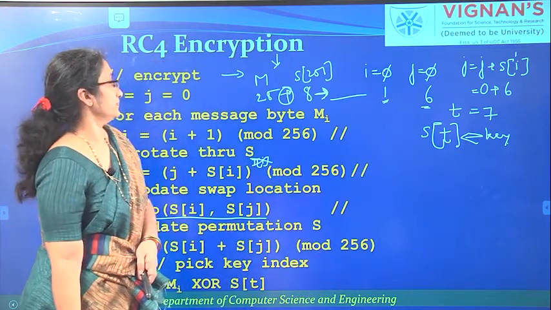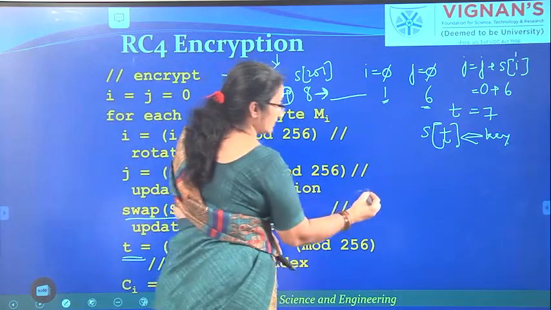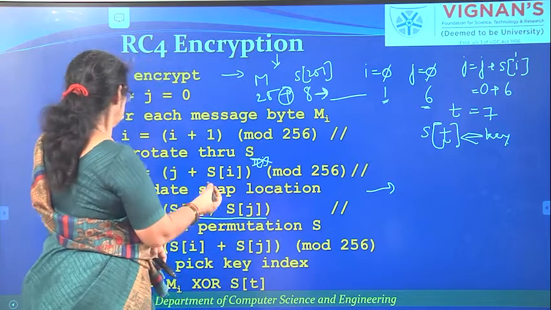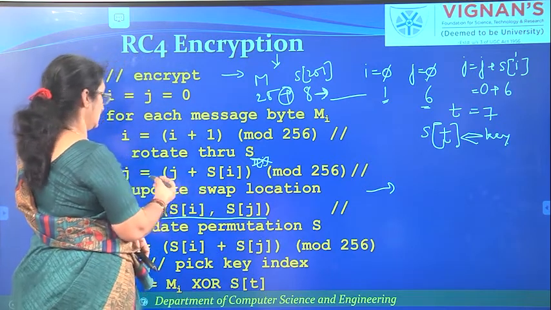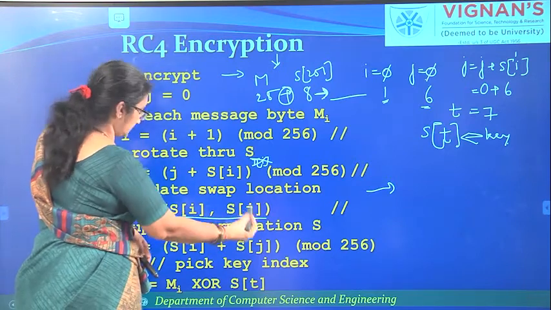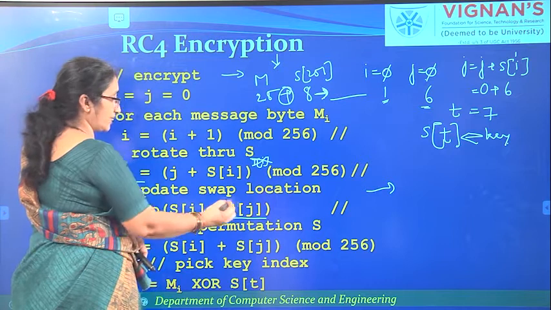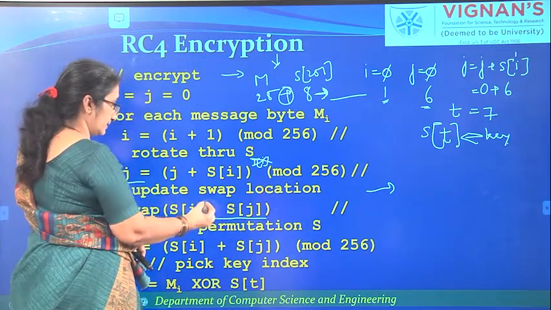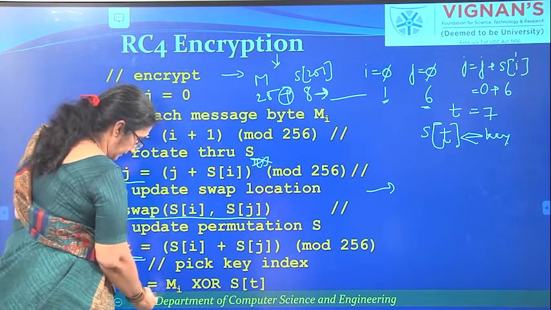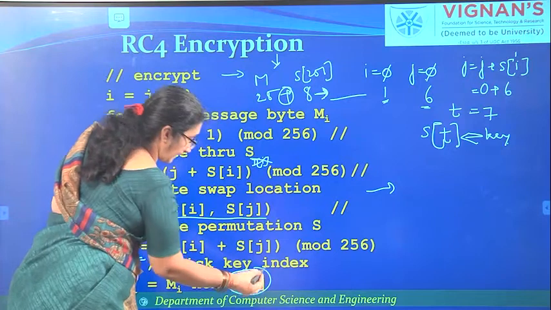and whatever you get, that value will be the cipher value. So like that, as soon as a stream comes, what will you do? You will calculate the j value, you will swap S of i with S of j, and you will add S of i with S of j, and that value you call t, and you take S of t as the key value.